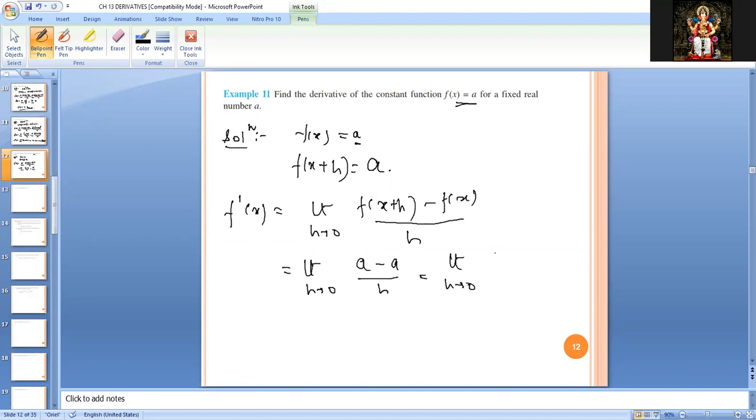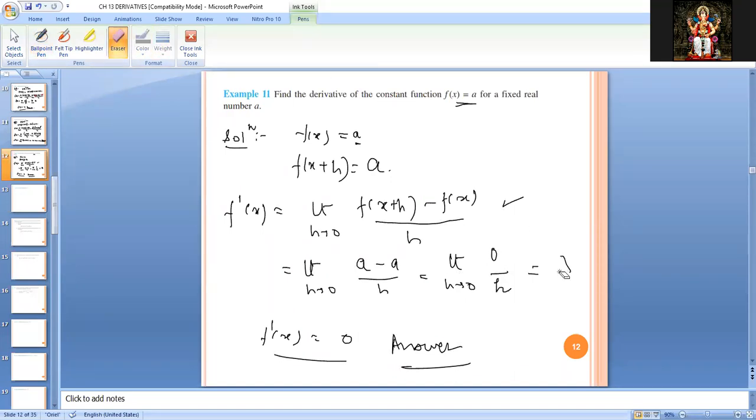In these questions, the marks are for showing all the steps. Otherwise you can see the solutions are very, very easy, but the marks are for step showing only. Okay, it is very important, you have to write the formula, you have to write the correct value of f of x plus h. Then when you put the value a, a minus a will be 0, 0 upon h, you have to show that it will return 0, so that the final answer is 0.